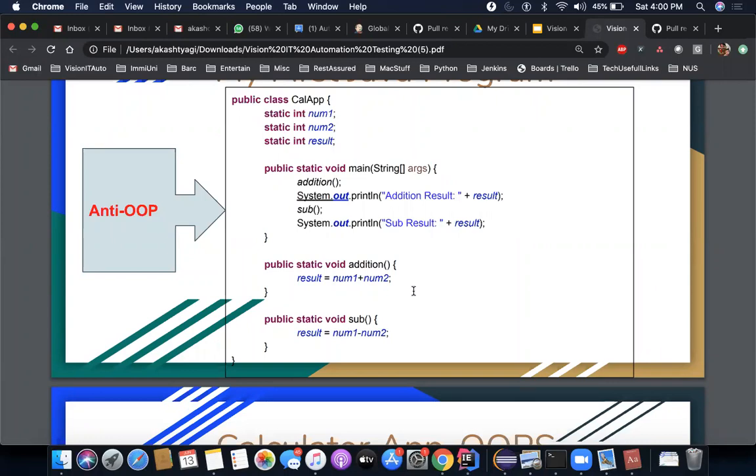So why do we use object-oriented programming? It is an answer to many common problems. It was not there previously. Previously, everyone used to do everything in a single class or a single file. But later, when the amount of code increases, it brings more problems, and it becomes difficult if you keep following the same approach. So the object-oriented programming approach is an answer to all of those problems. You can choose to use it, you can choose not to use it.